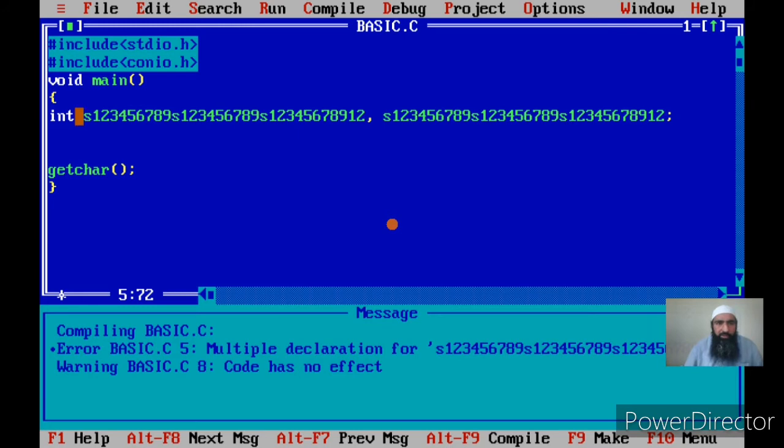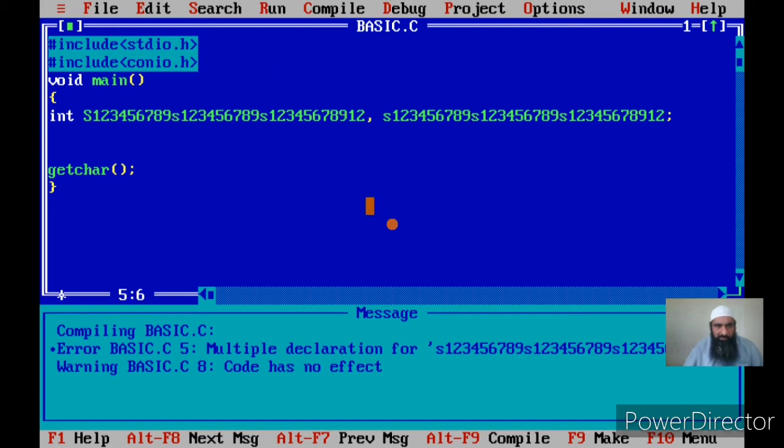Now if I have got two variables with the same name, but one of the characters differs from the other variable name by being capital. Now see here, I have got this variable with the same name as this variable, but s is small in this variable and s is capital in this variable.